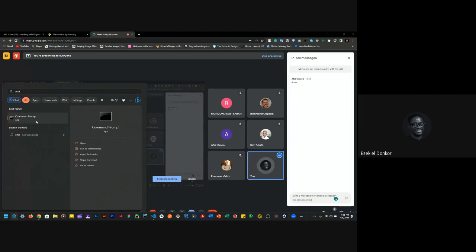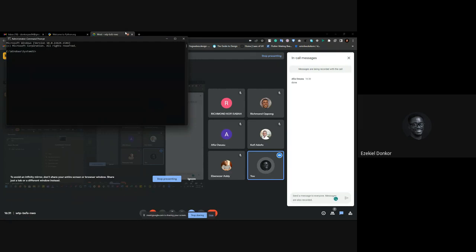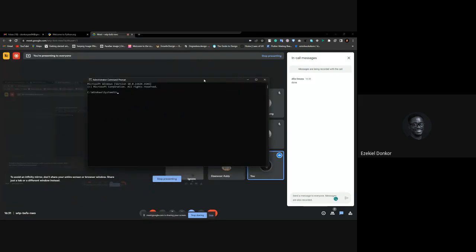When you type CMD, open the first option that pops up. It probably is the only option, which says command prompt. Click on that, and then you should have this pop up on your screen. So you should have a console like what I have right now pop up on your screen. Do we all have that?